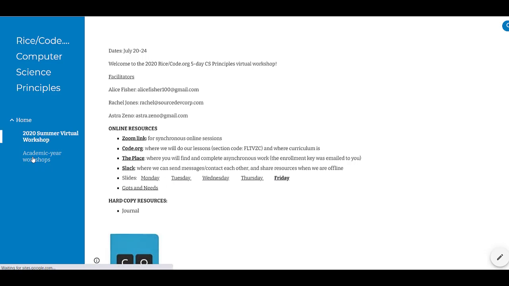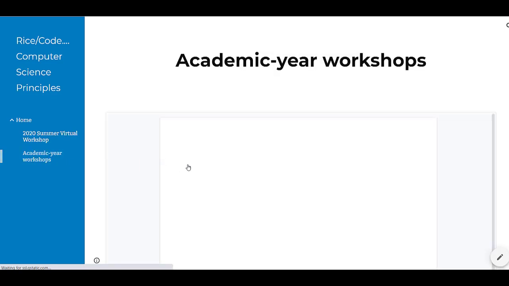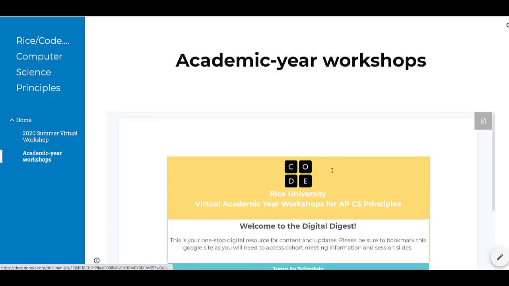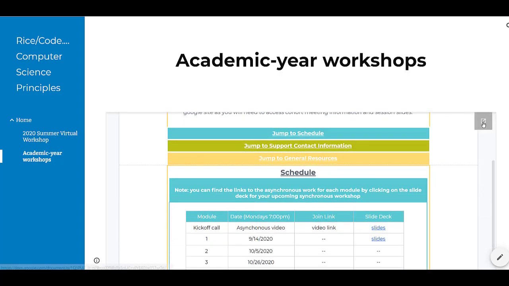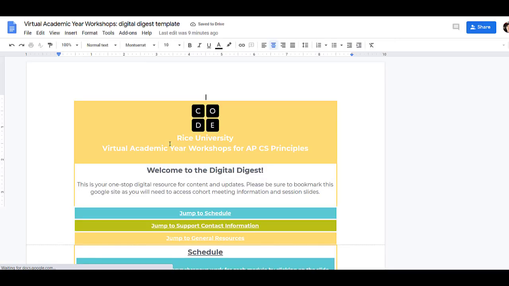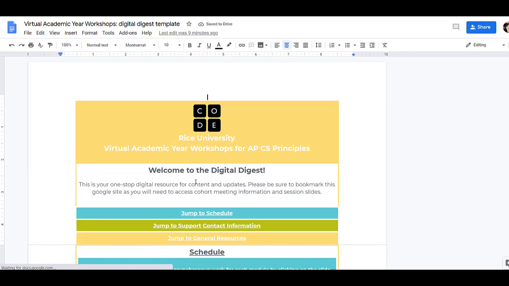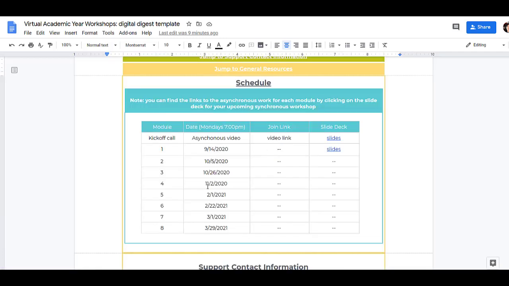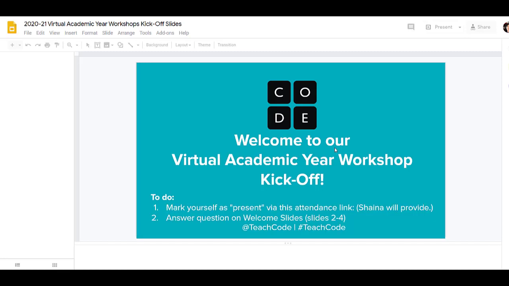This is a new tab here, the academic year workshops. It may be easier to view the information if you click on this diagonally facing arrow. It will pop out into a new window. And this is our digital digest for the academic year. This is a schedule, and this is currently the kickoff call. And you can get to today's slides right here. So if you click on that,